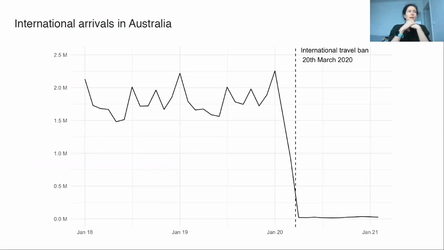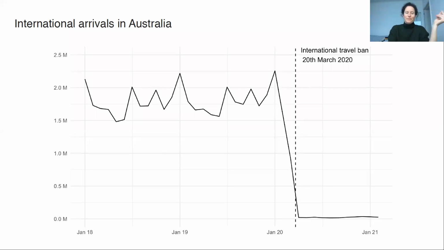In February 2020, Australia banned all international travel to Australia, with returning residents having to quarantine on their return for 14 days, in state managed quarantine in hotels. This graph is just showing how international arrivals plummeted after the introduction of that travel ban.